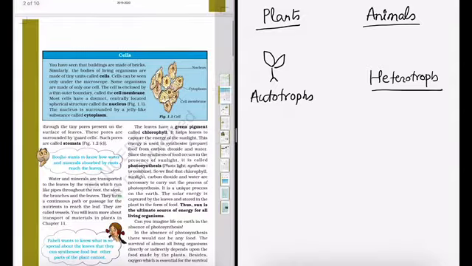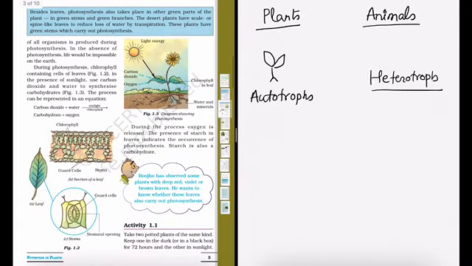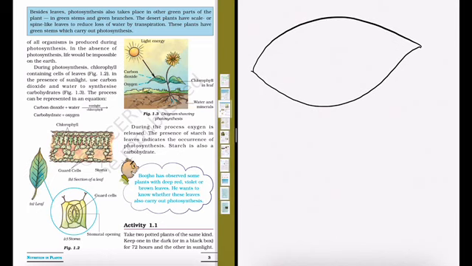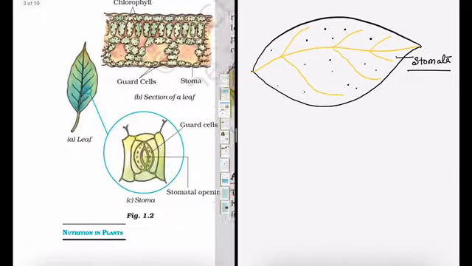Now coming to a little detail about the leaf of the plant. If we take a leaf, we will see that in the center of the leaf there is a light yellow color structure, like this way. And on the lower side of the leaf, we can see small dot-like structures, yellow or pale in color. What are these? These are the stomata. It is explained very nicely here.